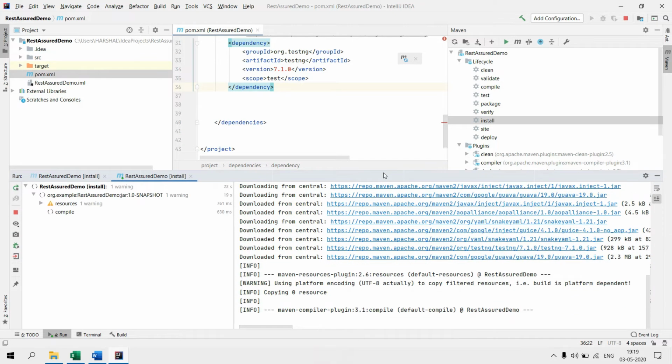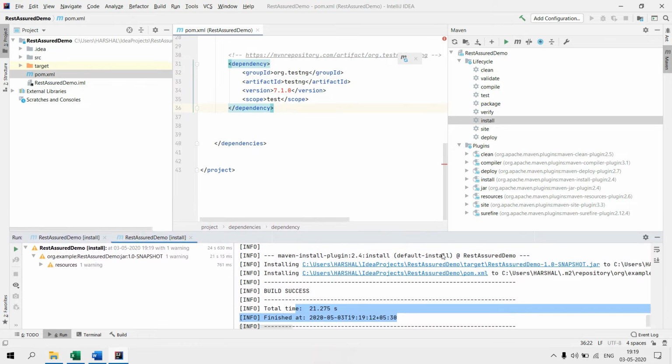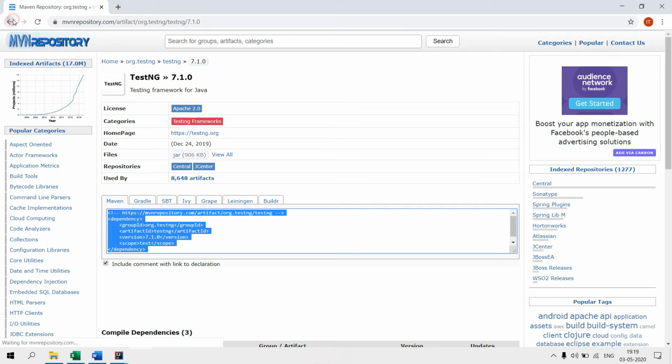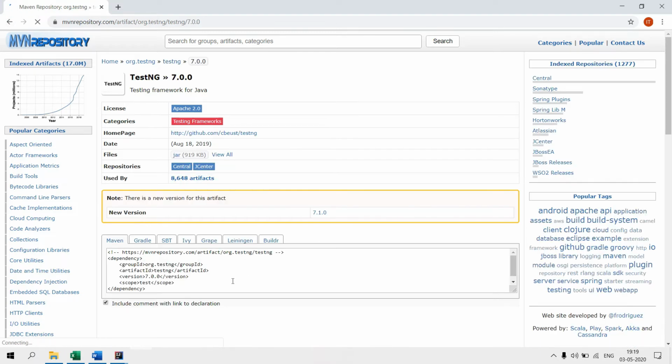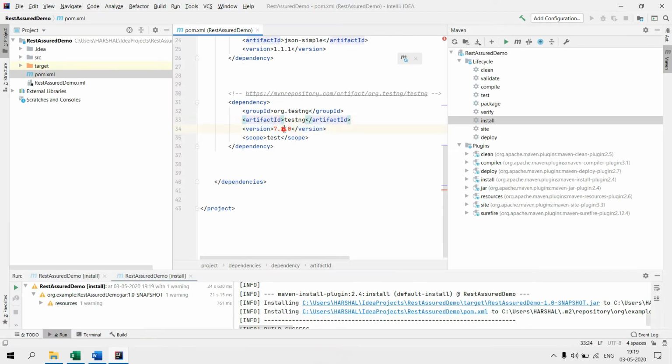Okay, build success. It has taken a lot of time. Okay, but it is not passing, right? Meaning it is still showing some kind of error on the red line. So what we'll do is take the other version of it. I guess the build is not very successful. So we'll go back over here. We'll take 7.0.0 and we'll see whether it works or not. 7.0.0.